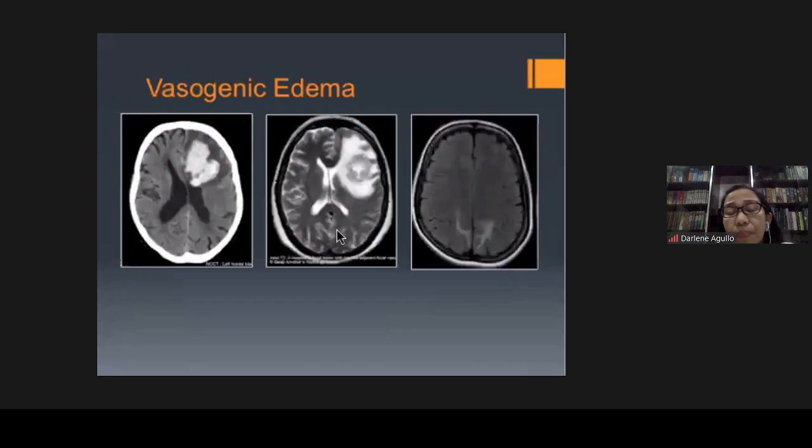No, unlike in vasogenic edema na meron ka pang nakikitang separate na